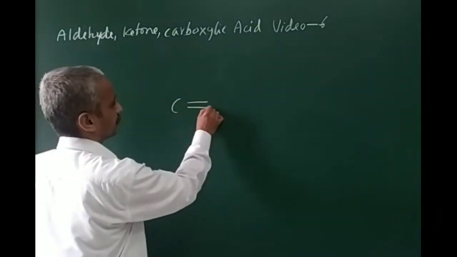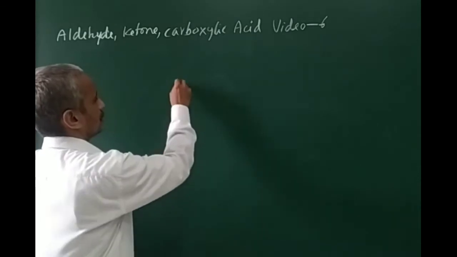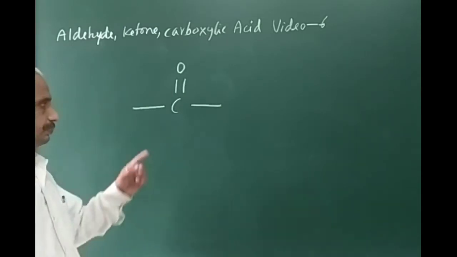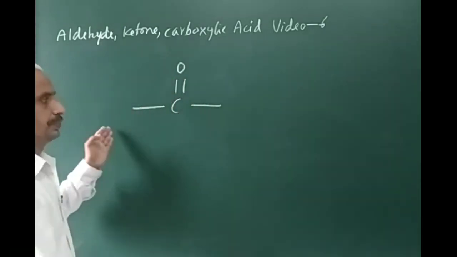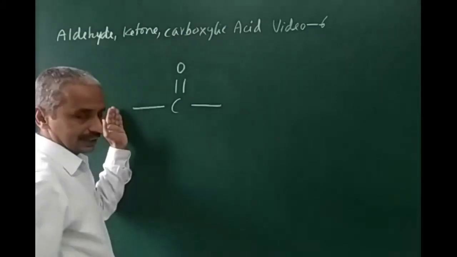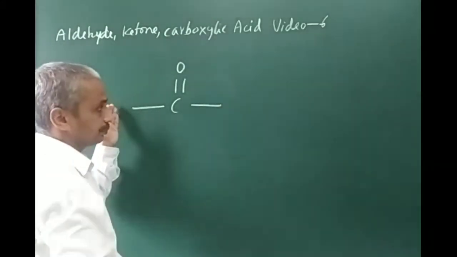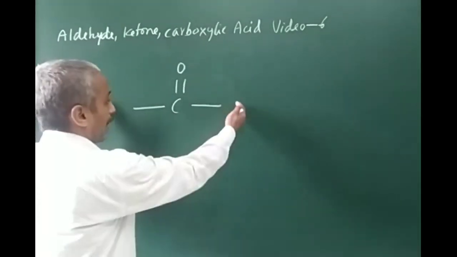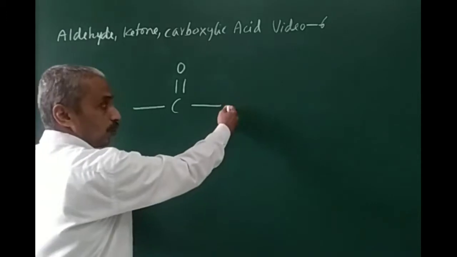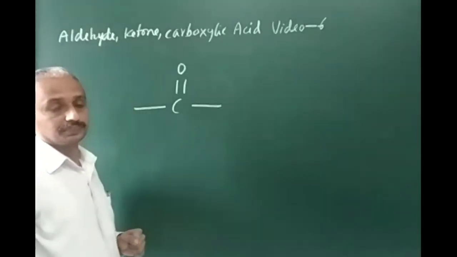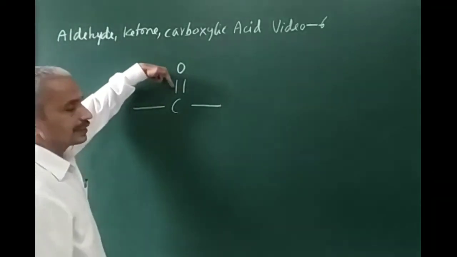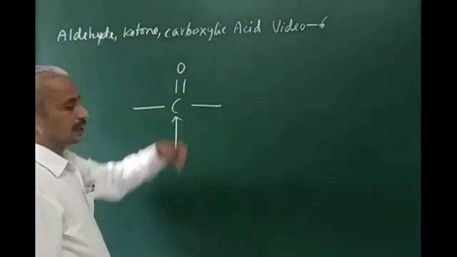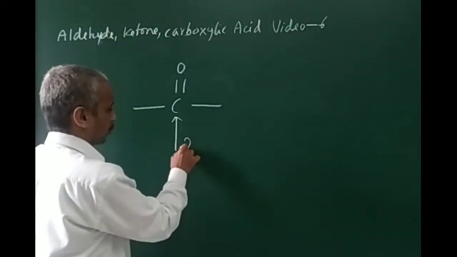See here. This is the representation of the carbonyl group. C double bond O, and if this side has an alkyl group and this side has an alkyl group, it becomes a ketone. Hydrogen and R gives an aldehyde, or hydrogen and hydrogen is also an aldehyde. OH is the carboxylic acid. In C=O there is a double bond. The carbon has a double bonded oxygen, which means it is sp2 hybridized.